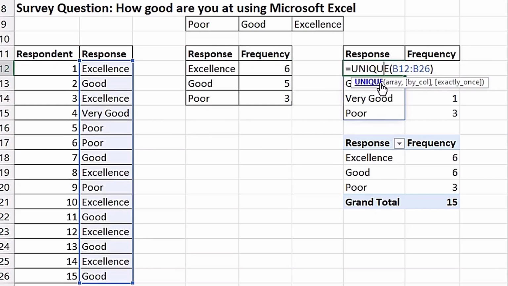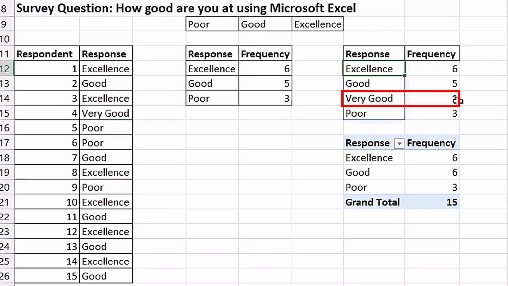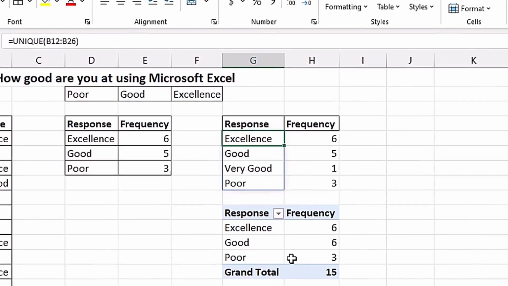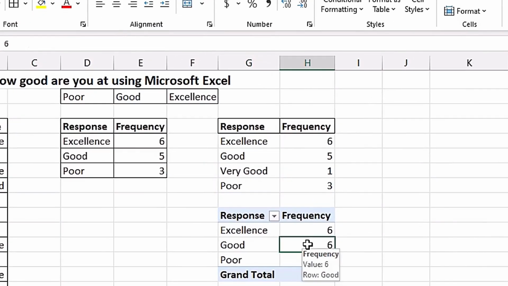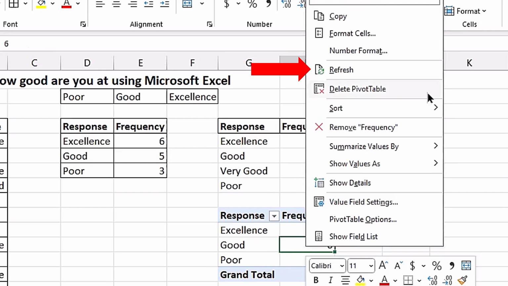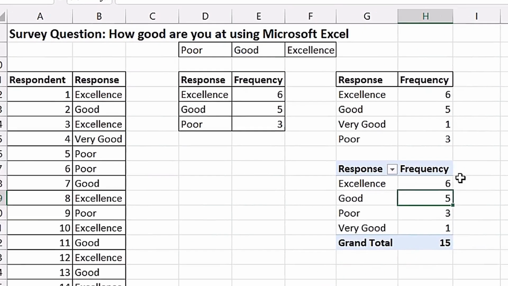This one here, we use the unique function to get the unique list. That's why it updated immediately when the source data changed. And you can see it's now getting our very good plus even the count of very good. But guess what? Even the one we used the advanced filter to get the unique list did not update. But before I show you what to do with the unique list got by advanced filter, let's first refresh the pivot table. So I'm going to click on this, right click, come to refresh,